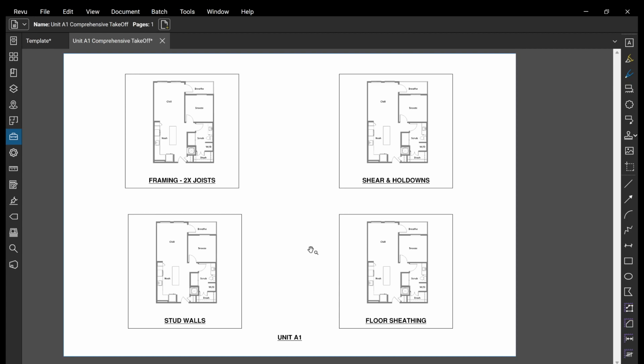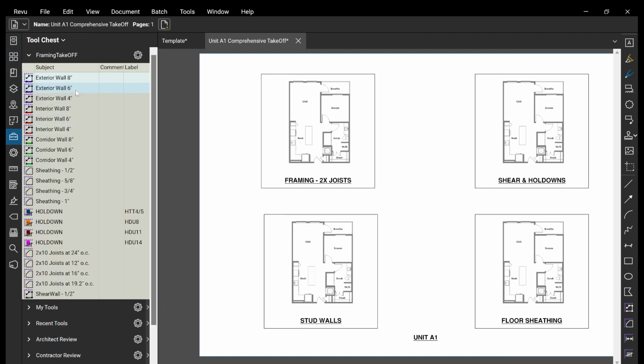I'm going to show you some of the tools we have and how you can easily break down the whole building into the units that it is made up of, and go through these 3 or a dozen units you have and get a takeoff on each one of those units, and then at the end sum them all up. So we have here a chess tool that some of you may be familiar with. You can customize it as you see fit, and